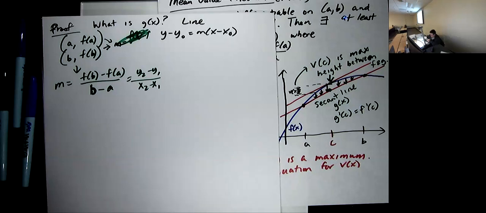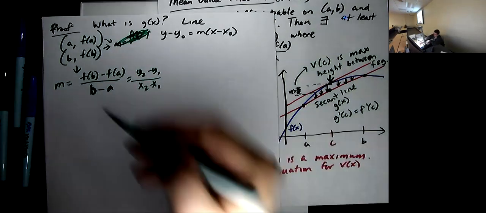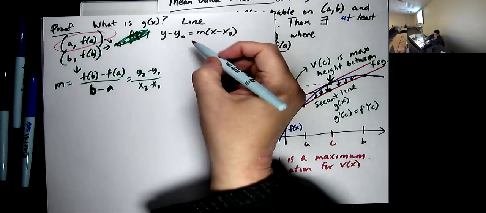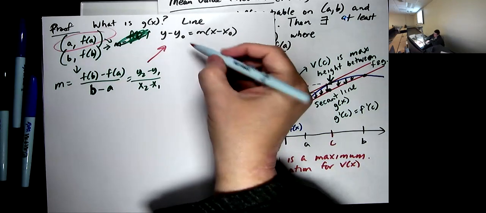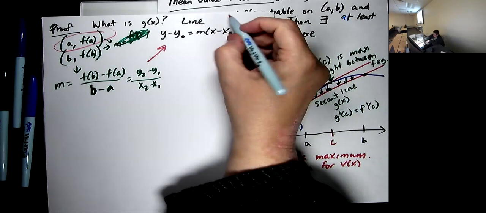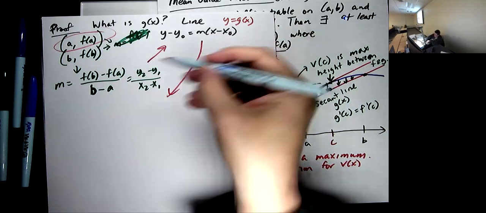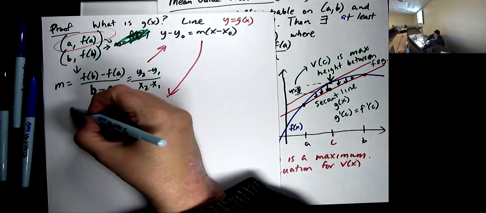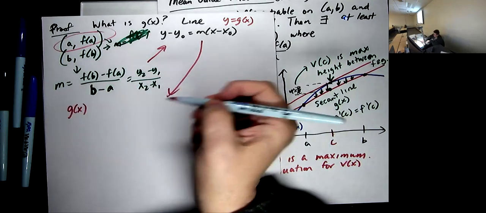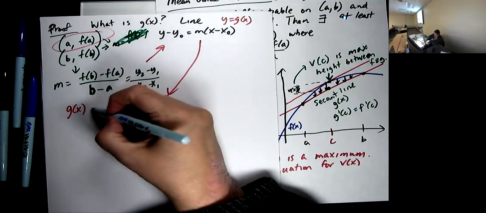And we got to pick a point to plug in. I will pick, let's go with that one. We'll plug that in and that in up here. y is really g of x for this line. So putting that all together, y is g of x, minus y naught is f of a